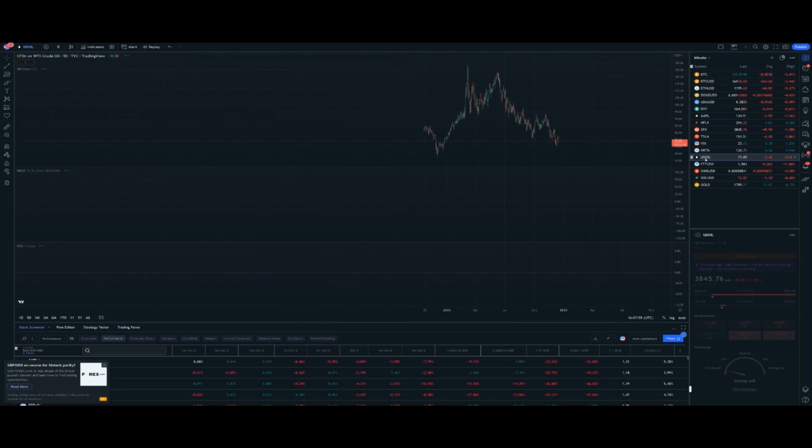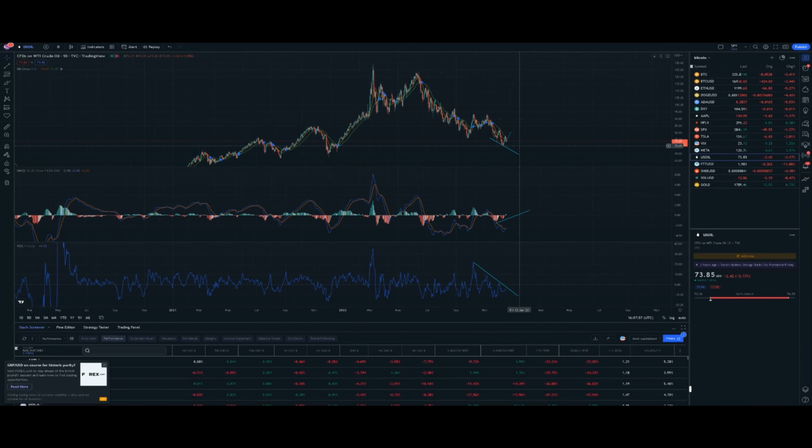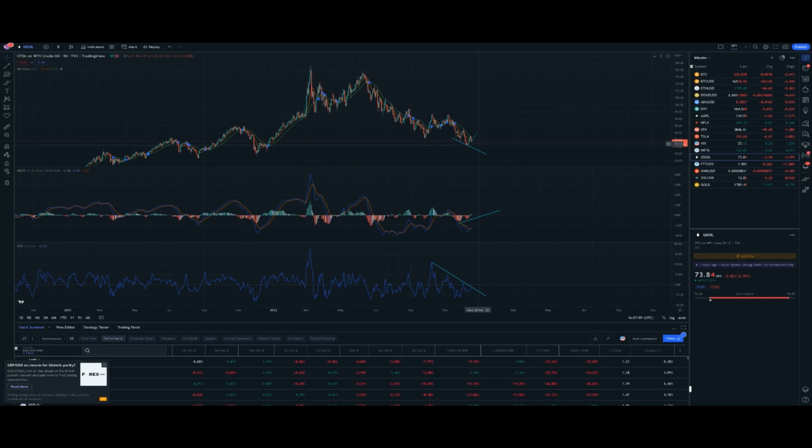What you also want to start looking at is oil. Oil looks like it's coming back to find support just where I drew the line here. It did not break any lower where I drew it. And more than likely, what we're going to start to see is if there are more production cuts from Russia's oil, it would put more stress on oil and energy markets. What we would see is it would start to spike up, like what we're seeing here on the MACD. Oil has actually crossed over into positive territory. And usually, what that means is it would follow with the next couple of weeks of aggressive moves up.